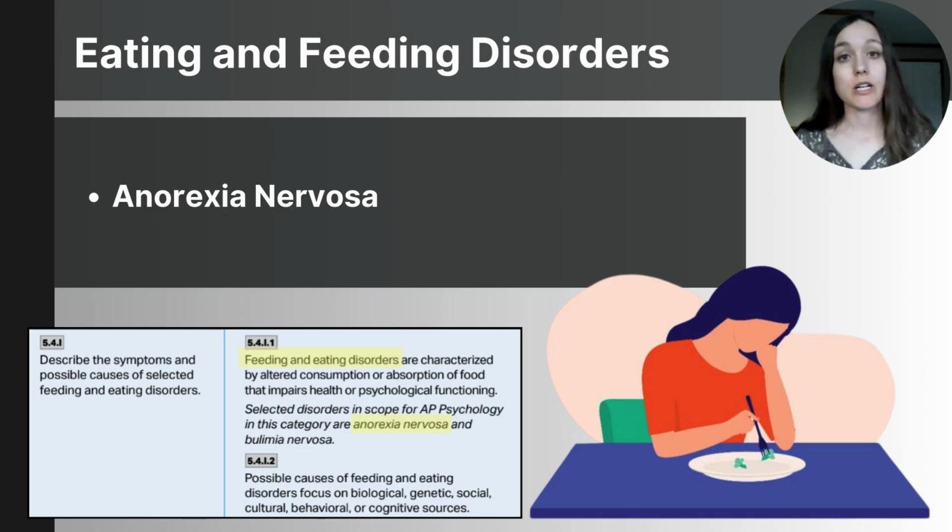Diagnostic criteria for anorexia nervosa must include all of the following: significantly low body weight, intense fear of gaining weight, distorted body image, and it then can include a few of these additional symptoms: extreme food restriction, excessive exercise to prevent weight gain, obsessive calorie counting, social withdrawal and avoiding meals, and serious health risks like malnutrition, heart problems, brittle bones, and hormone imbalances. There are many different factors that contribute to anorexia.